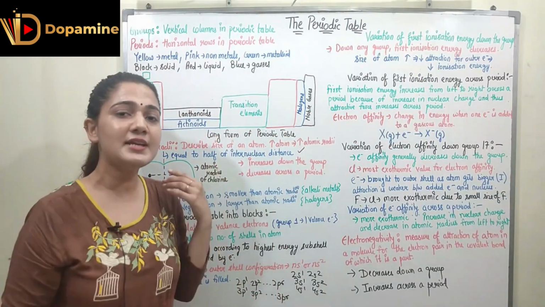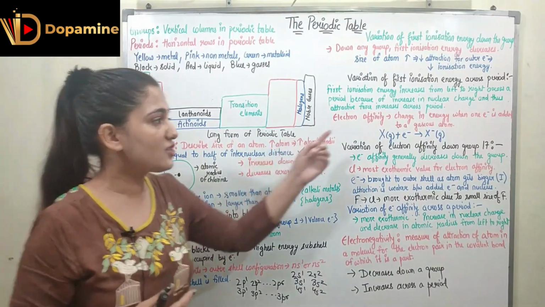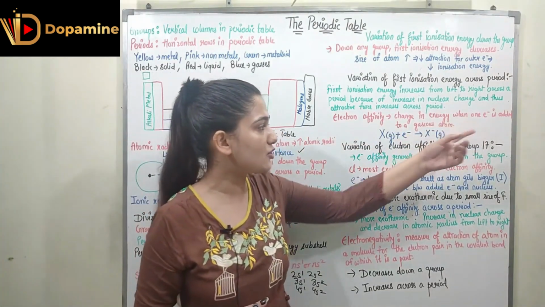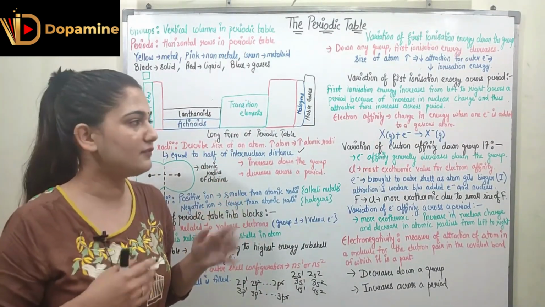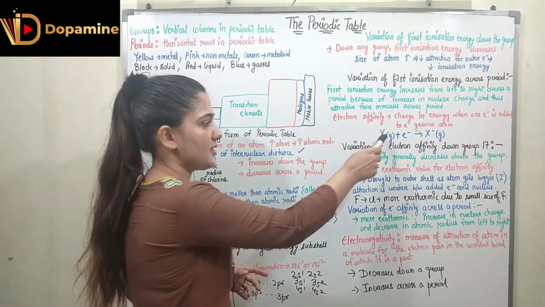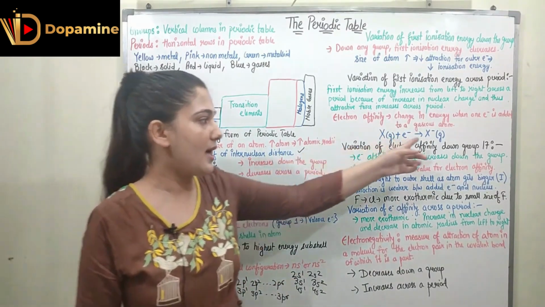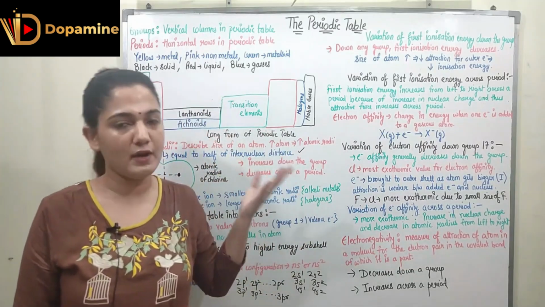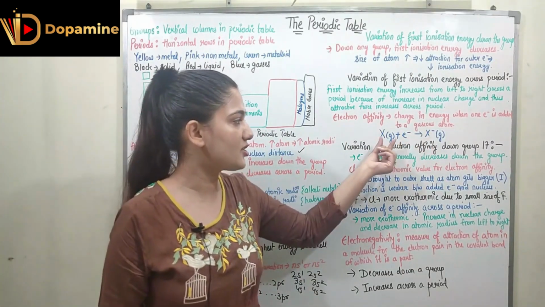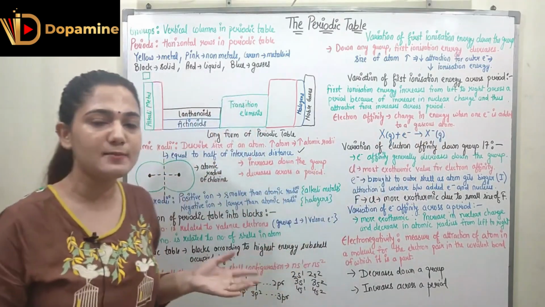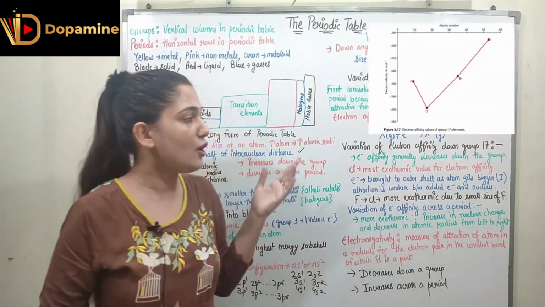Now coming to the next term, which is called the electron affinity. The electron affinity is the change in energy when one electron is added to a gaseous atom. So if I have the gaseous atom X, what I want to do is add an electron and make X negative, again in the gaseous form. So I will be observing the change in energy from this state to this state, and that is my electron affinity. Coming to the variation of electron affinity down group 17.